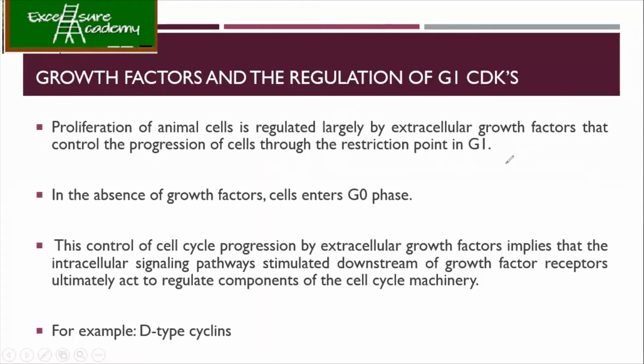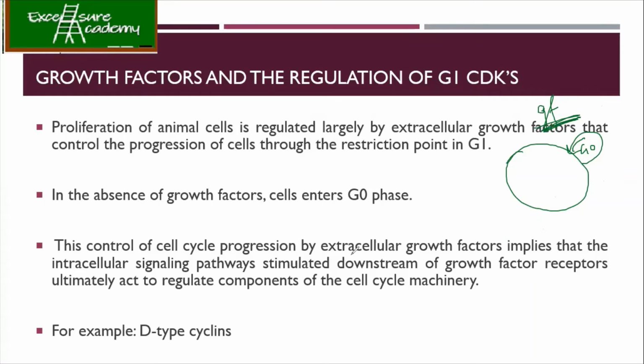You have a cell and here you have the growth factors, because these determine whether the cell should undergo the cell cycle or remain in G0. In G0 there is no stimulation, no growth factor, so there is no information given to the cell on whether it should undergo the cell cycle or not. Depending on the growth factors present in the surroundings,